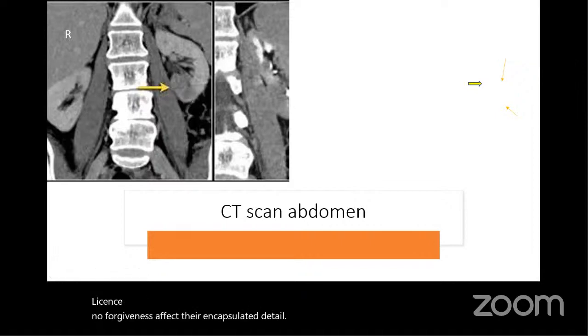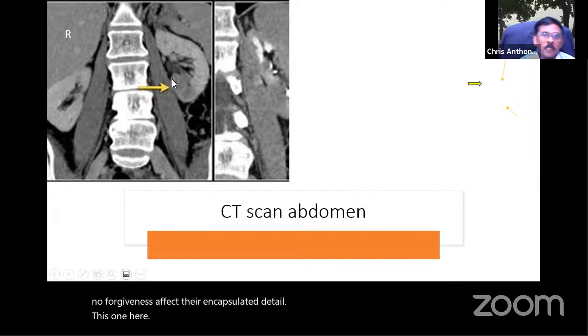Yeah, I think so. But this part here is a bit irregular, suspicious. So we may have to look for other views. Over here, is it adherent to the psoas or not? The arrow shows here. So this area again is suspicious. If it is adherent, the tumor has penetrated the capsule and come into the muscle. That means it becomes stage 3 straight away. Okay, all right.